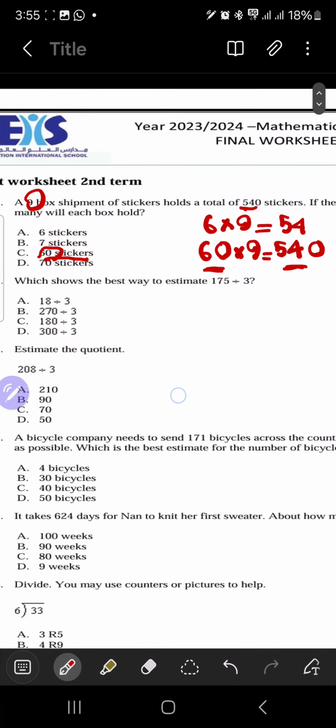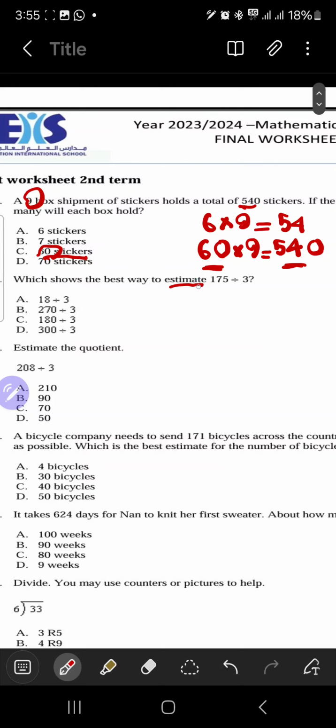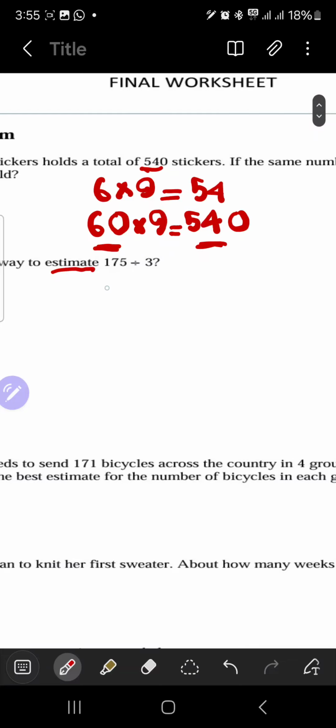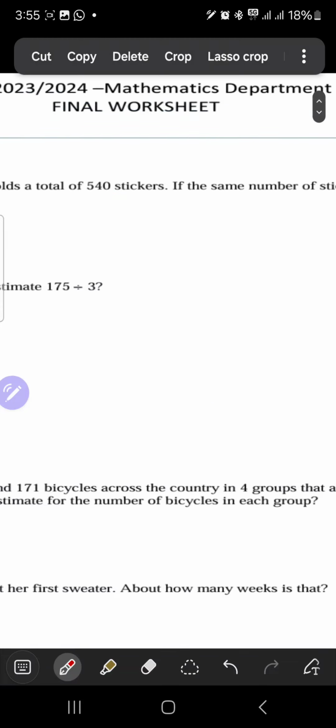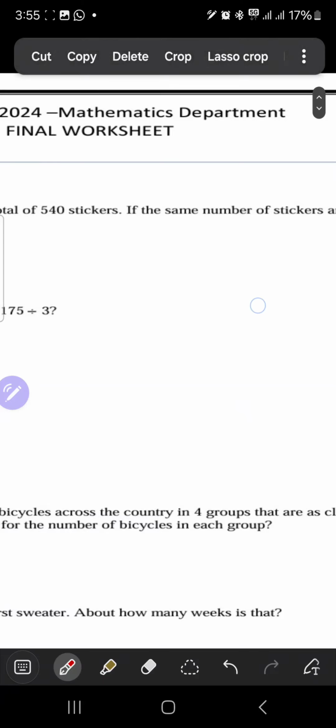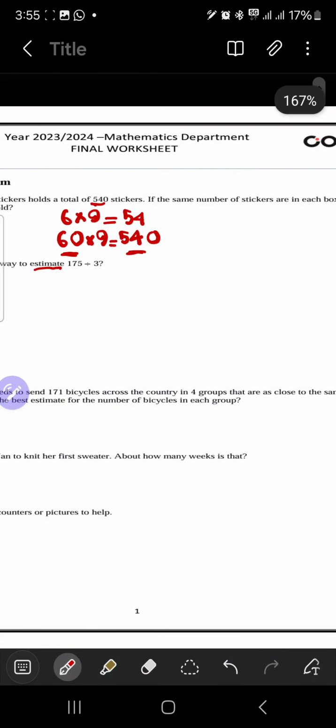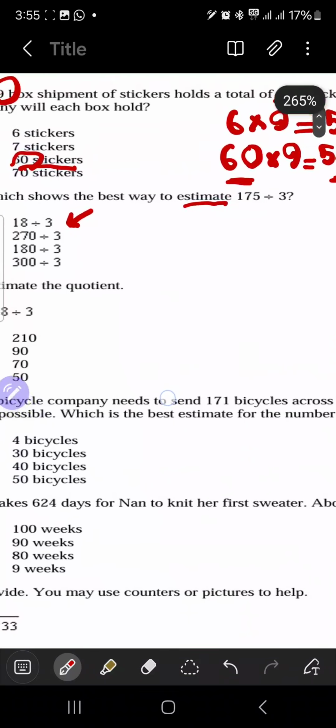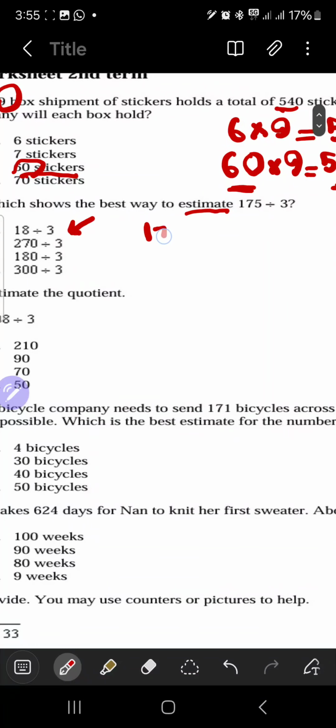Okay, now the next question is estimate. The estimate is just the estimate here. You don't find the final answer of the division. So when you see a question like that, just move a little bit. Here, 175